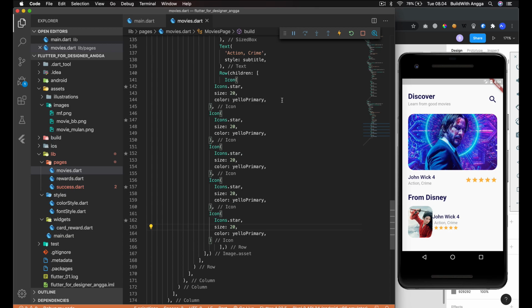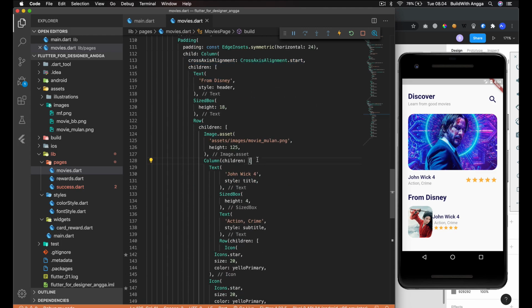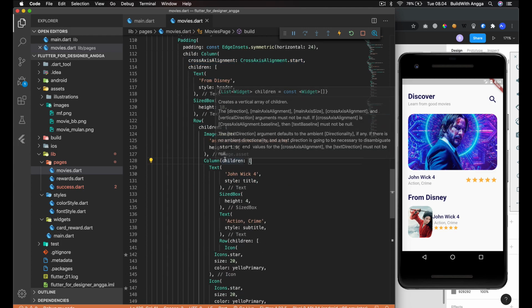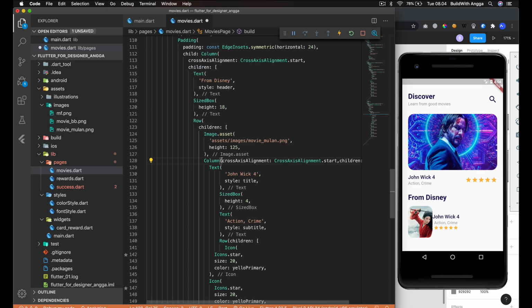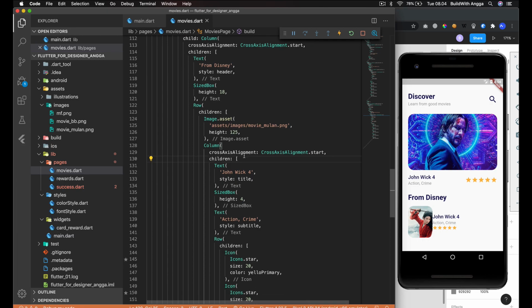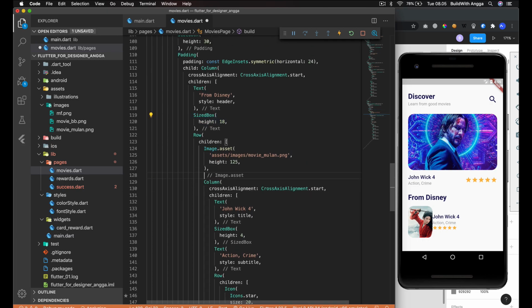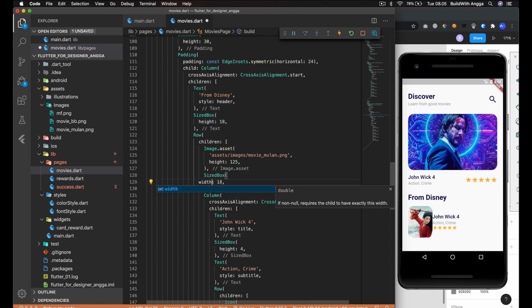Okay, that's enough. And we need this one to make it start from the left, column, and then yeah, okay. And we need the size box, but in this case we use width.